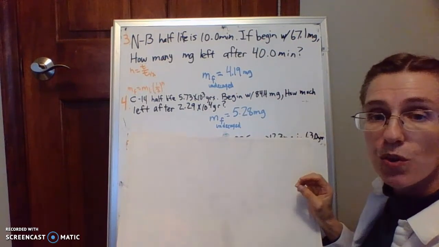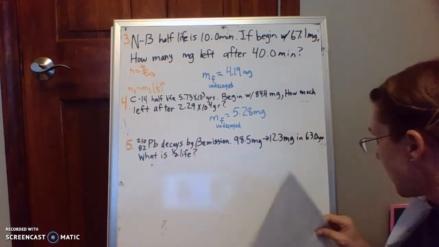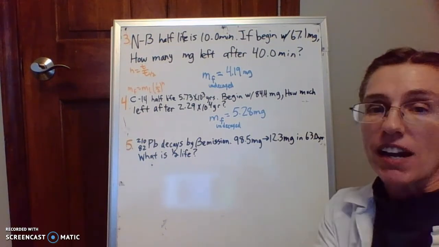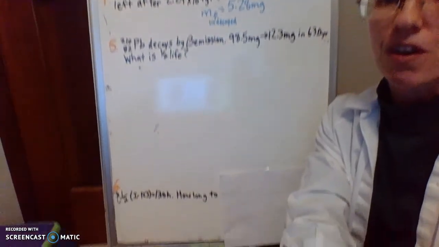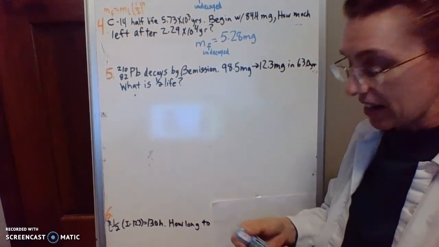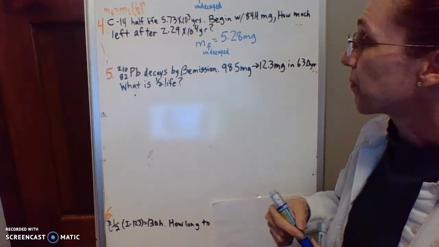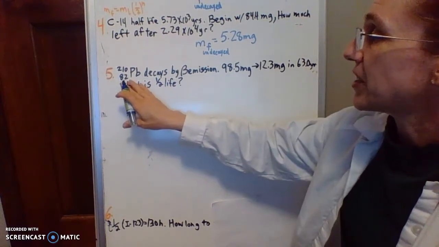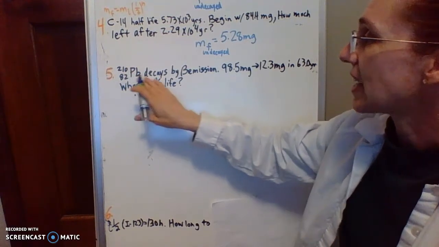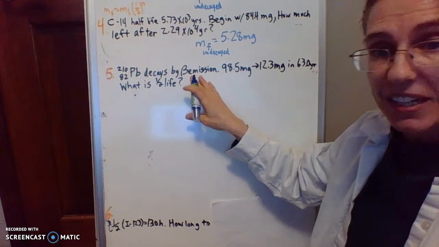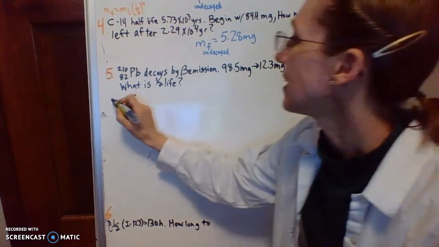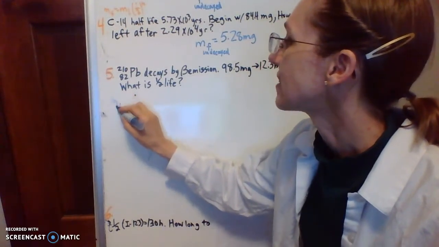The one I want to go through next on this slide is one that uses a little bit of math that you may have forgotten. So I want to make sure that we all remember how to do this math so that we can answer these types of questions. So we've got some information here at the beginning that we don't particularly need, but it says that we've got this lead isotope and it decays by beta emission. Okay, great. And it says that we started off with 90, so I'm going to write that as mass initial